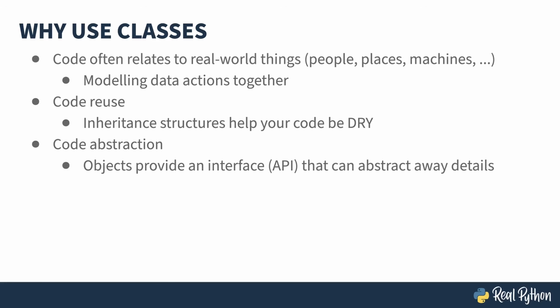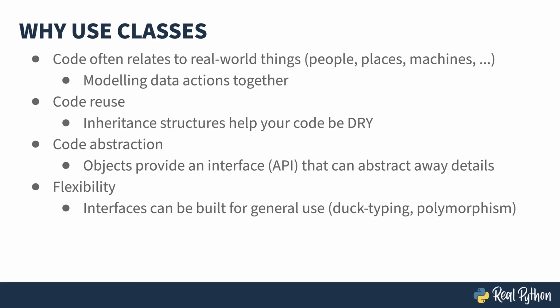That means an object can have a well-known interface that the users of that object just need to know in order to use it. If both person and employee have the first and last name attributes, I can operate on them as if they're equivalent without worrying about what else they contain. This leads to a degree of flexibility. You can build interfaces where the coder doesn't really care about the underlying implementation, as long as the interface is